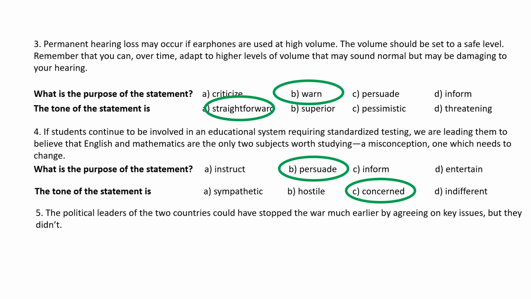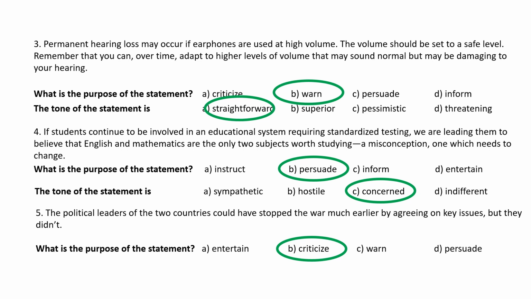Now, look at question 5. Here, when we say "could have stopped the war much earlier," meaning they couldn't because they didn't work on agreeing on key issues, shows that the purpose of the statement is to criticize what the political leaders of the 2 countries did. And the tone of the statement is